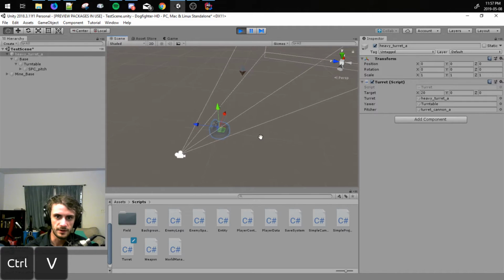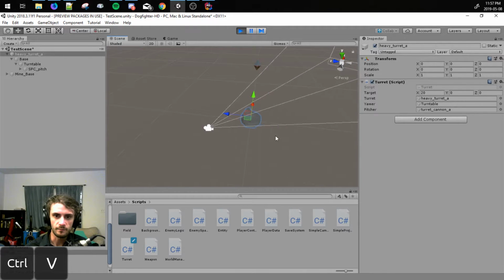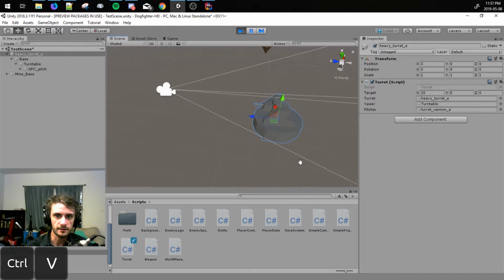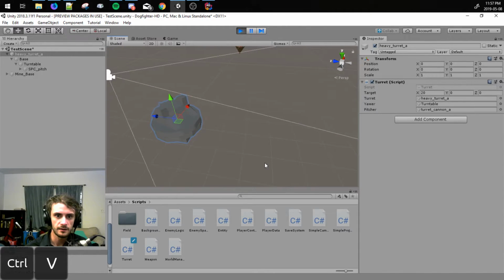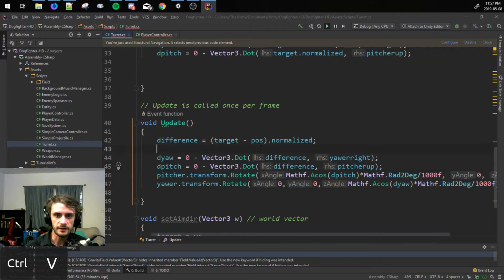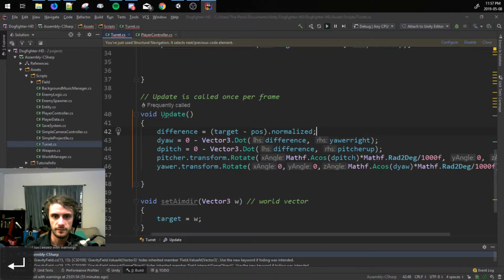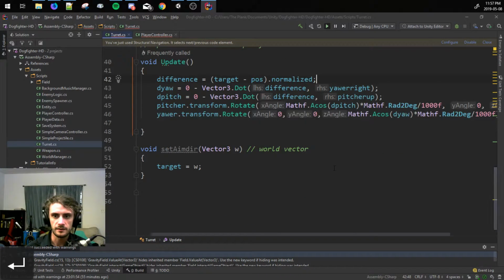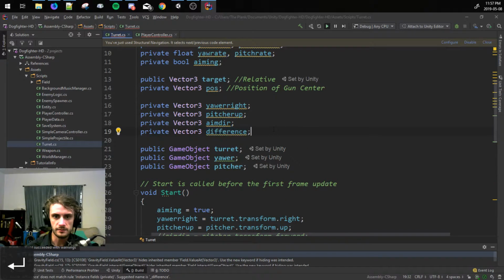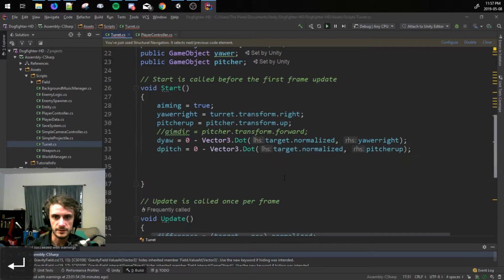Oh. Oh, we're not updating the difference? Something's not right here. We're not updating. That makes sense. There's something that we're not updating every frame, and that is causing the issue. I think that these vectors are being passed by reference instead of